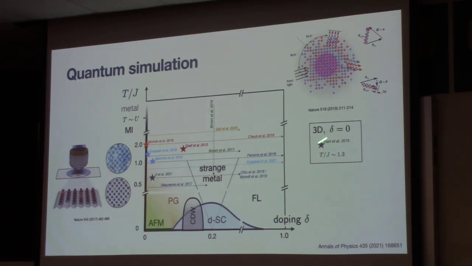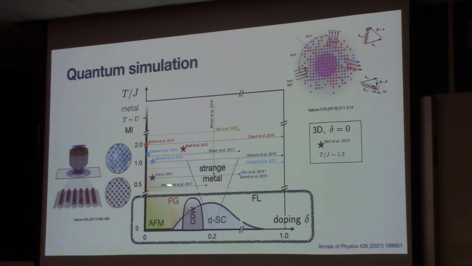Experiments can also be done in 3D. This is from the group of Randy Hulet, where they have to use different techniques to access this type of correlations. But what I want to bring attention to is that all of these results are above this box that I just drew there. So even though they are ultra cold, with respect to the energy scales important in the model, these systems are still very hot.